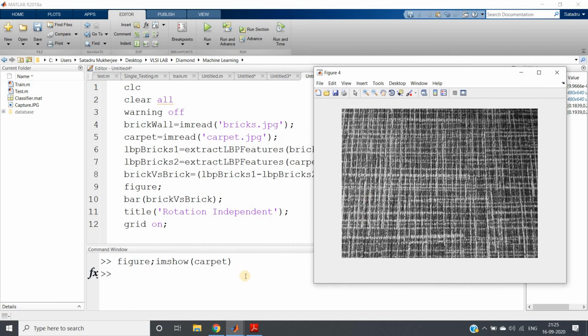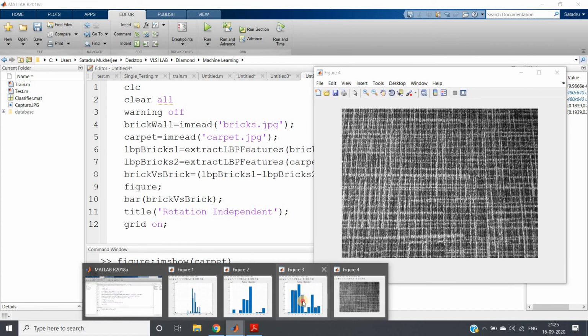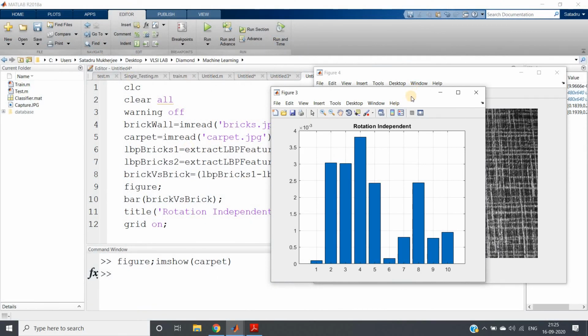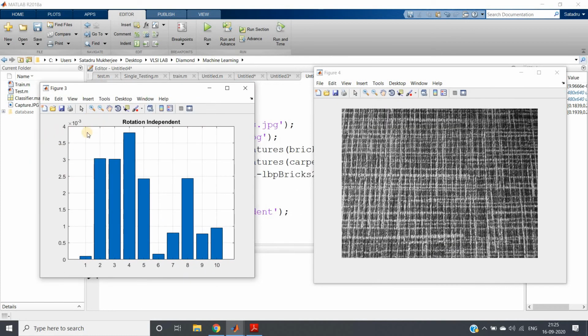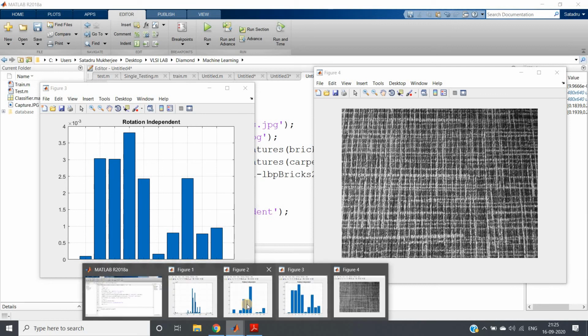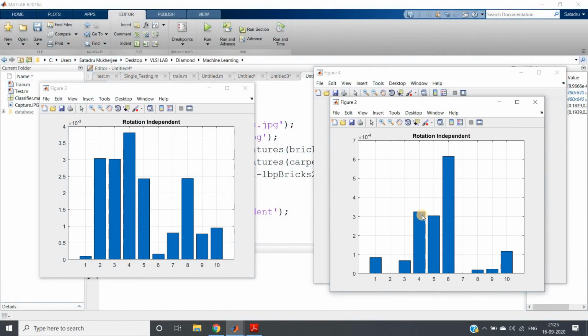So when the texture is not similar, the feature squared difference we get is nearly 4 into 10 to the power minus 3, very high. But when two images come from the same source and have the same kind of texture, where one is just a rotated version of the other, then the error is very minimal, 7 into 10 to the power minus 4.